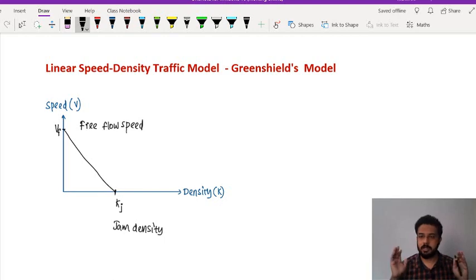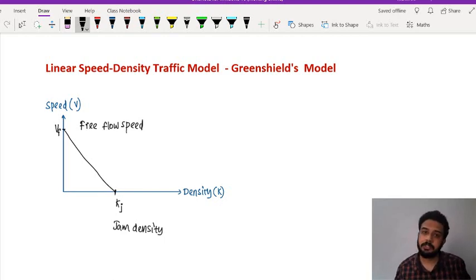Road geometry means whether it is a straight road, whether there is a turning, whether it is a sharp U-turn. So these things definitely influence the free flow speed. Also, maybe there is an intersection in front of you. You cannot go at high speed because another vehicle may come from the opposite road, right? Maybe from the side roads and pocket roads. So free flow speed definitely depends on the road conditions and the road geometry.